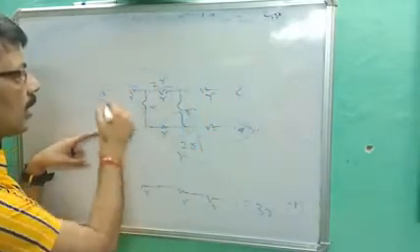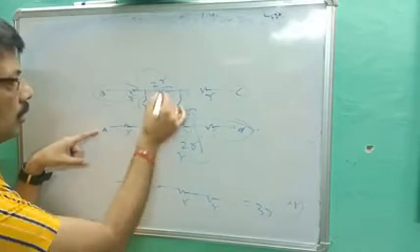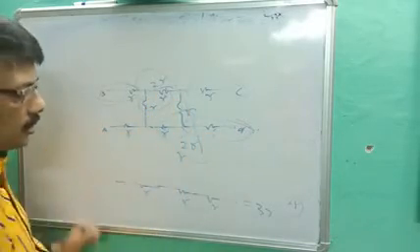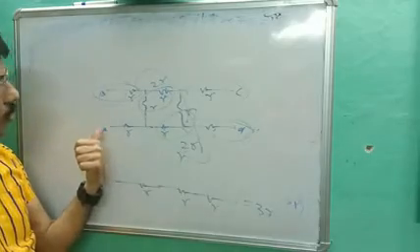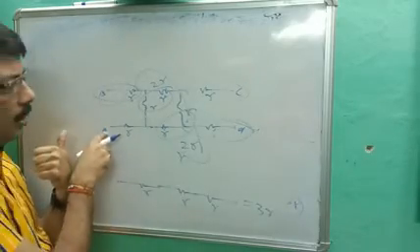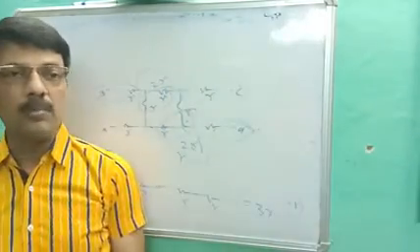Now you find the resistance between AD. They will be in open circuit. They are in series, they are in parallel, and they are in series. In this way, this is the homework for you. Now you can find the value between A and D. So this is all about your combination of resistance.